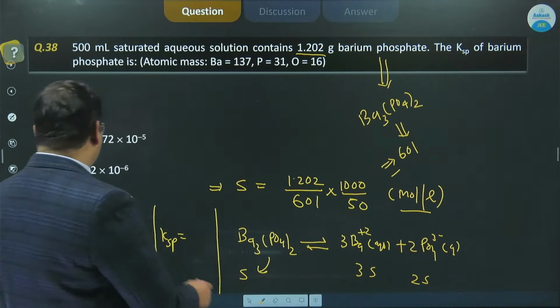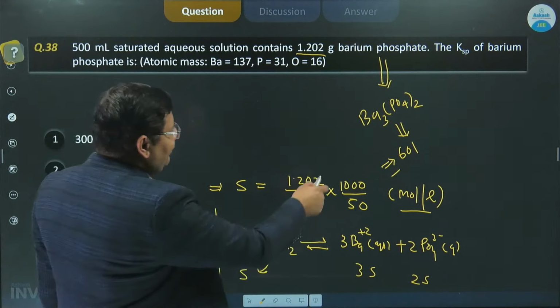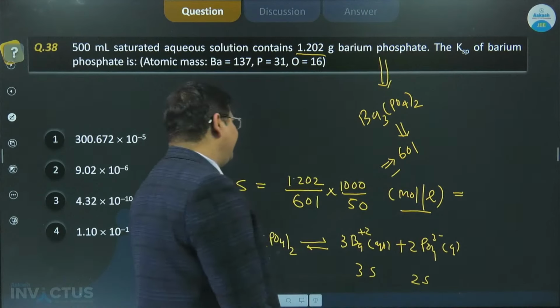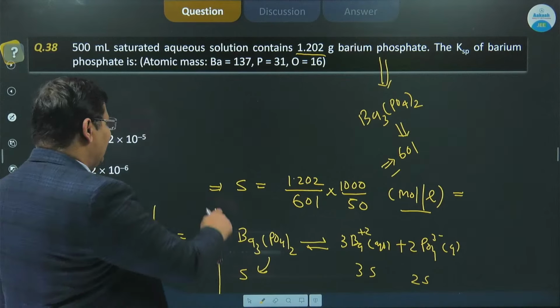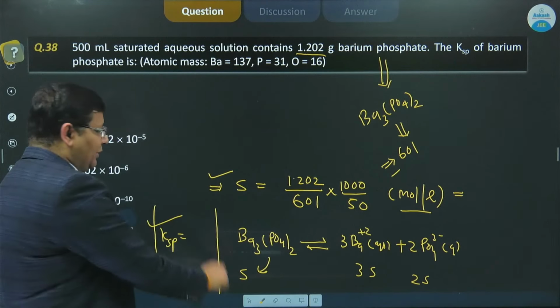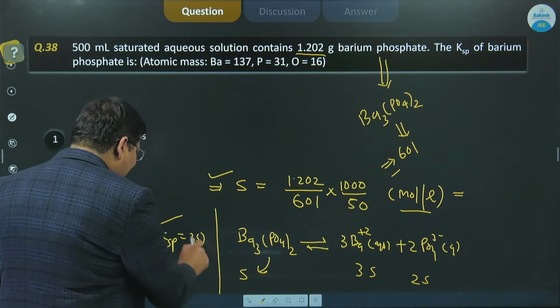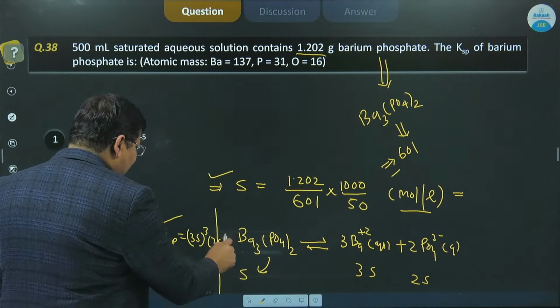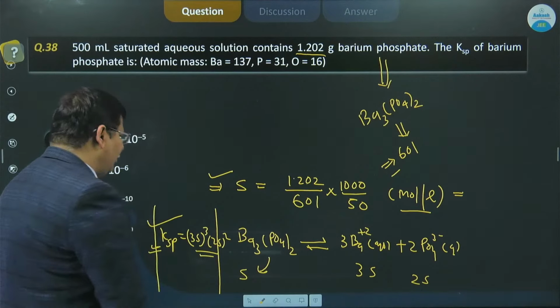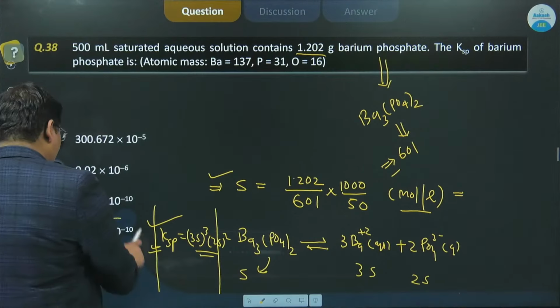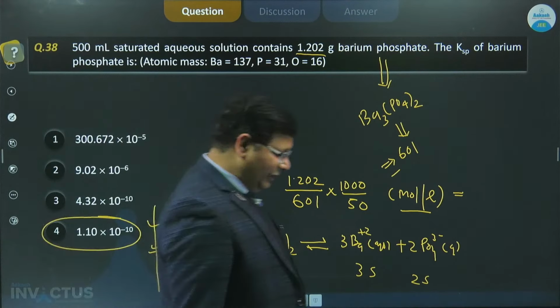तो दैट इज नियरली, इस क्वेश्चन को हम Ksp में S की वैल्यू हमें पता चल गई, दैट इज इसको सॉल्व कर लें अगर हम नियरली, यहाँ से S की वैल्यू पुट कर दें और यहाँ से Ksp का फॉर्मूला बन गया। ठीक है, तो Ksp के फॉर्मूले को हम यहाँ रख देंगे। देखो (3S) का क्यूब इंटू (2S) का स्क्वायर, ऊपर से S सॉल्व करो, वैल्यू यहाँ पुट कर दो, तो नियर बाई आपका आंसर आ जाना चाहिए। देखो चेक करो एक बार। तो एवरीवन कैन सॉल्व दिस क्वेश्चन।